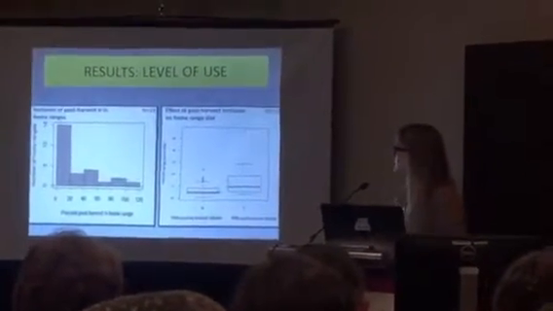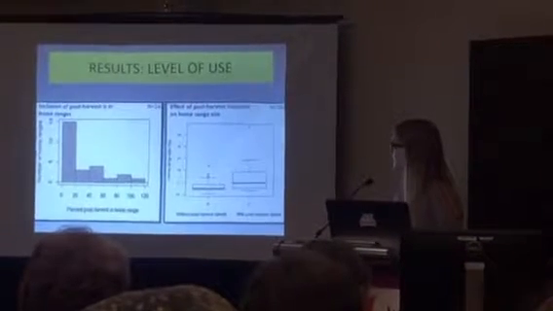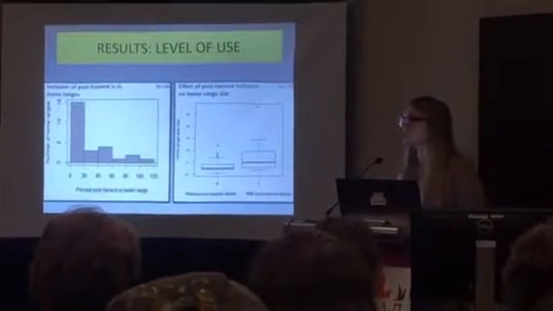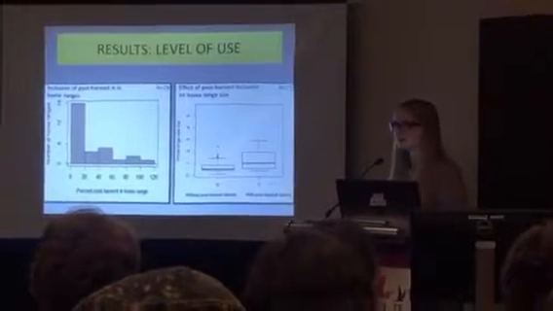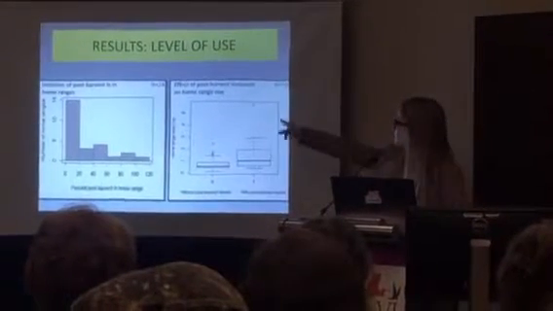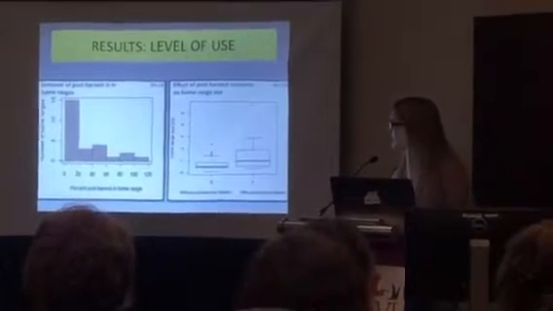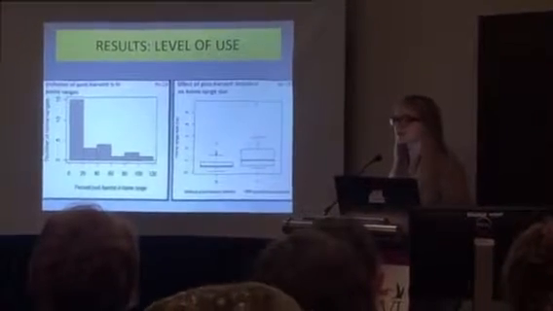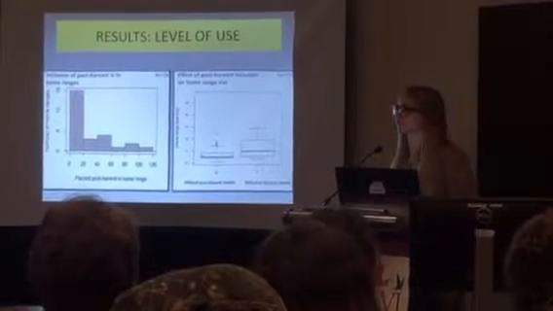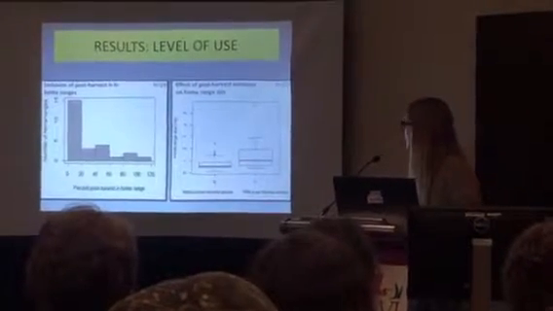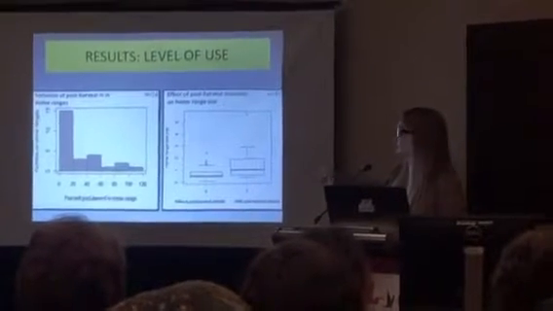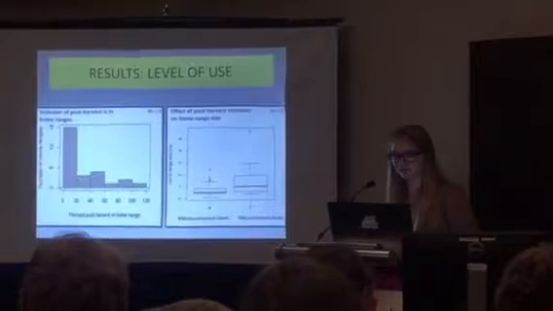For levels of use, again, this is still in progress. This is just some qualitative analysis. So out of those 55 males that we tracked that were near post-harvest stands, less than half of them used any post-harvest stands within their home range. Those males that did, which are those 24 shown in this graph here, over half of them used it in less than 20% of their home range, and only 5 of them used it in more than 50% of their home range. So they're only using small amounts. Those males that did use post-harvest stands tended to have significantly larger home range sizes than males that used unharvested stands.